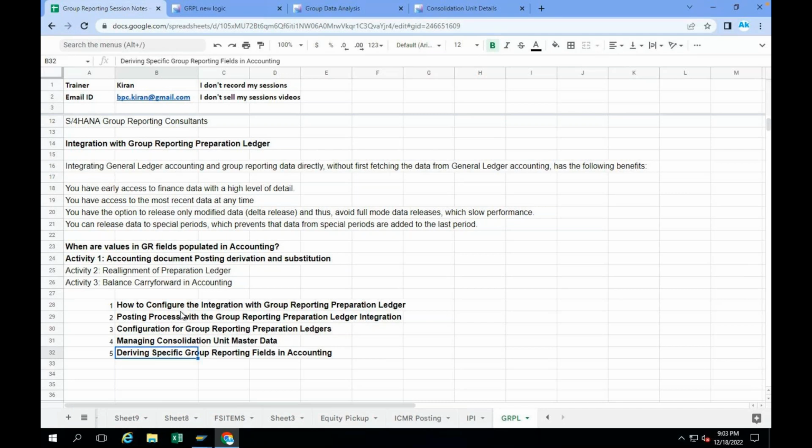In the ACDOCA table, the system automatically derives the consolidation unit and all those things. How has this happened, what is there in the back end? What SAP did is they delivered some substitution rules. Using those substitution rules, this particular GRPL derives all the fields required for this reconciliation. For example,